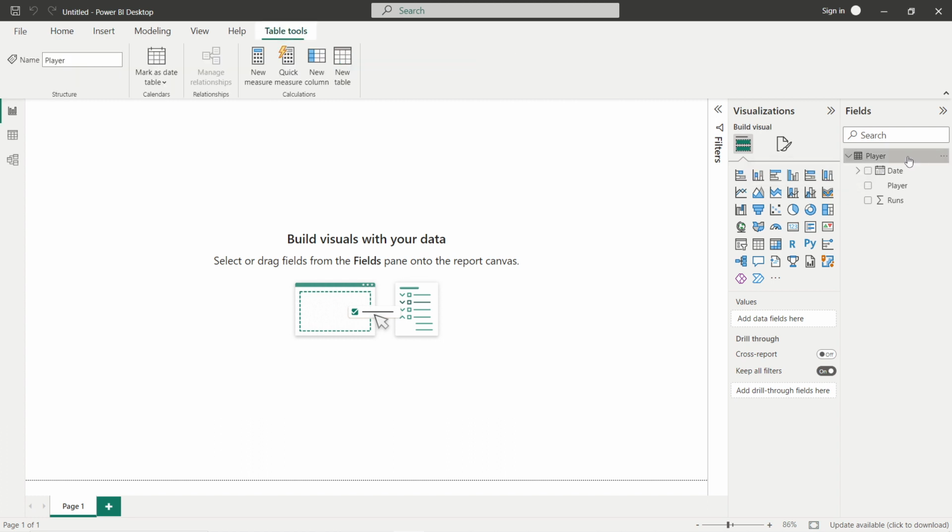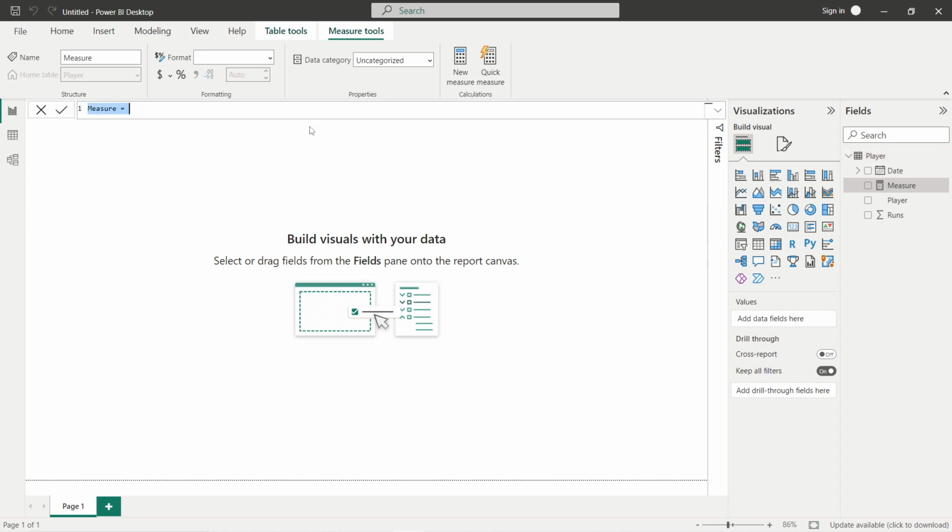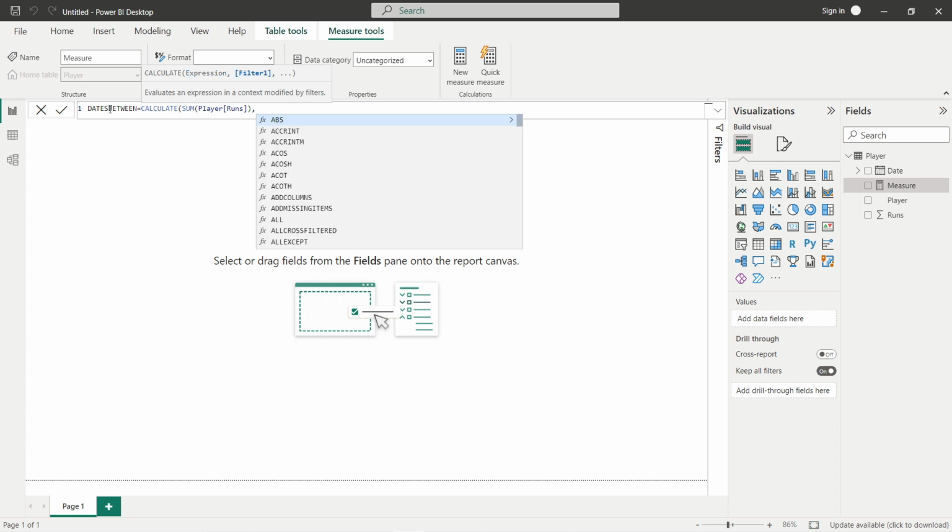So I will just click on the table and click on the new measure, right? It's taking some time. So when you click on the new measure, just write down the measure name, that is DATESBETWEEN. And as I mentioned earlier, DATESBETWEEN is a filter function. Mostly a filter function we use with CALCULATE. So in CALCULATE what we want is total runs, right? But here we want total runs from